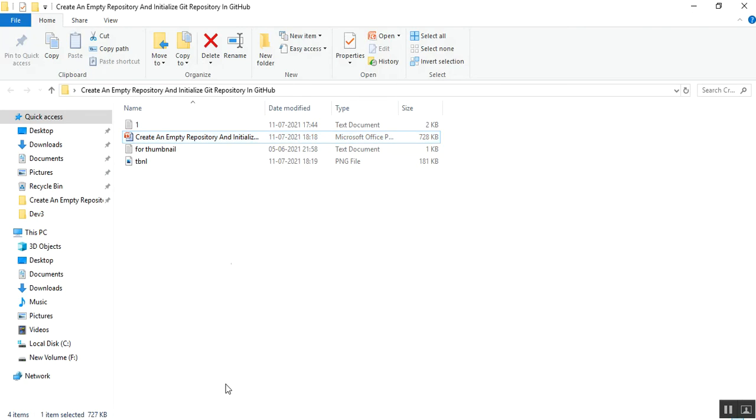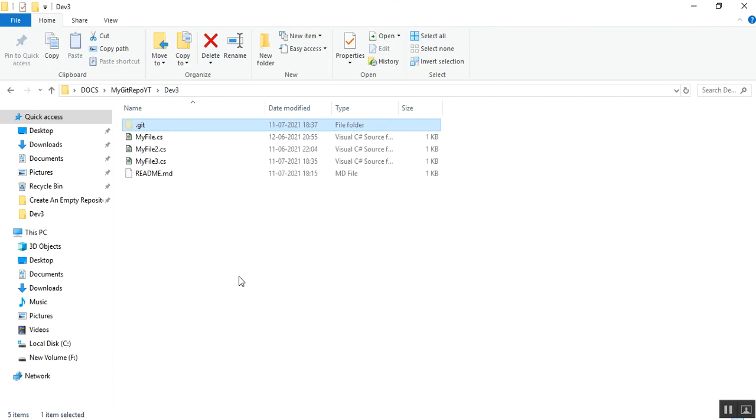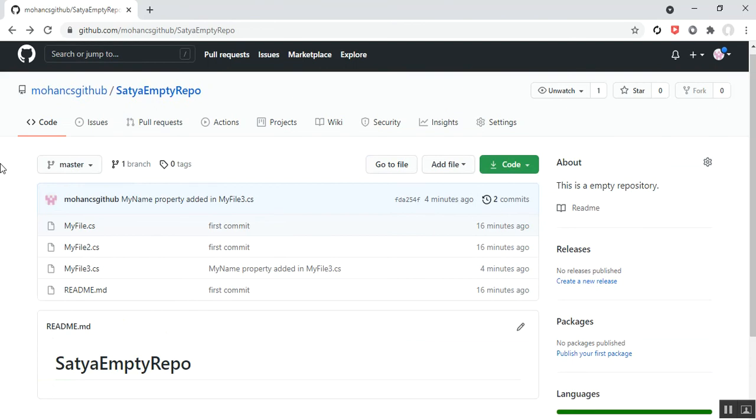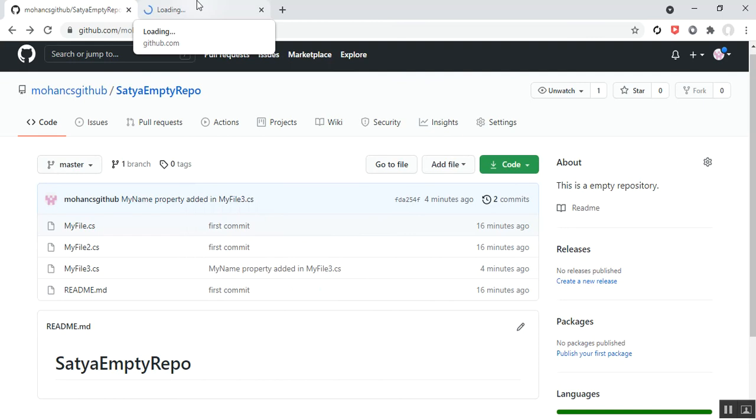So I'll go to my GitHub, in my dev3 workspace here. Okay, so here I'll go to my repository. I have already seen this latest change of my file3.cs that I modified earlier, and here you can see that a new commit ID is generated with the latest changes. Okay, so how to check these latest changes? You can click here, go to the other tab,